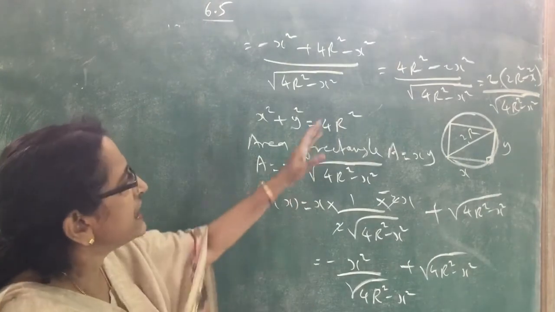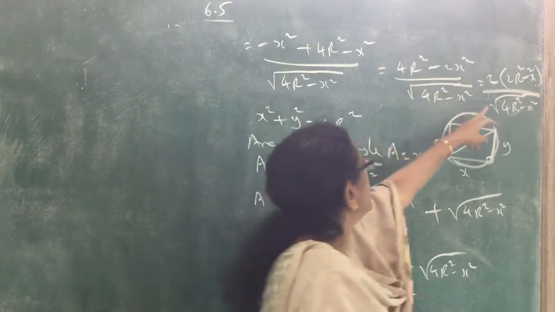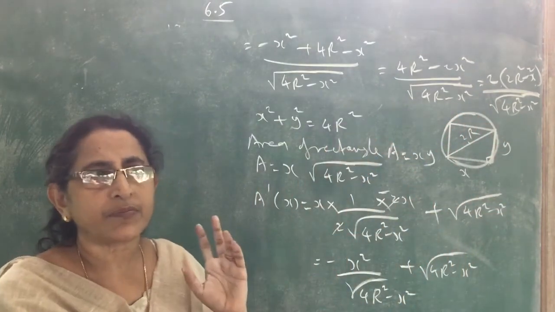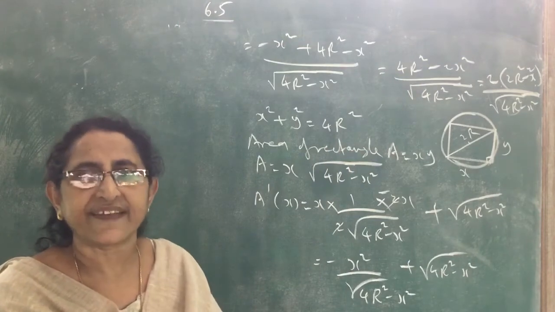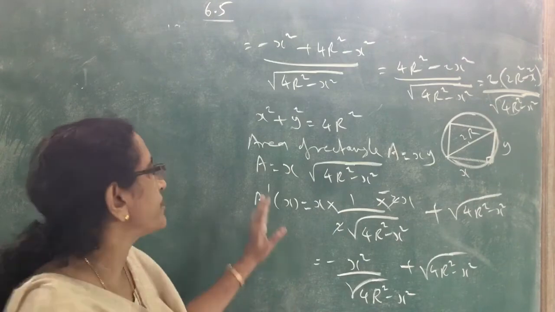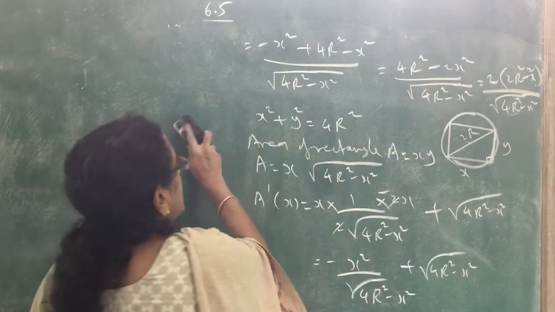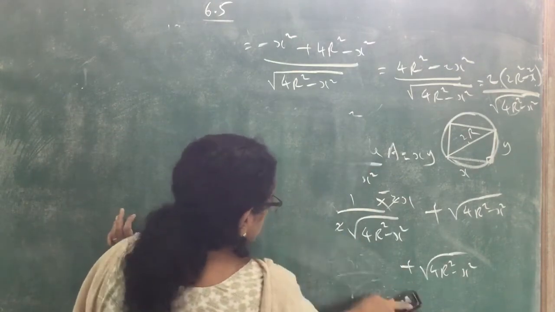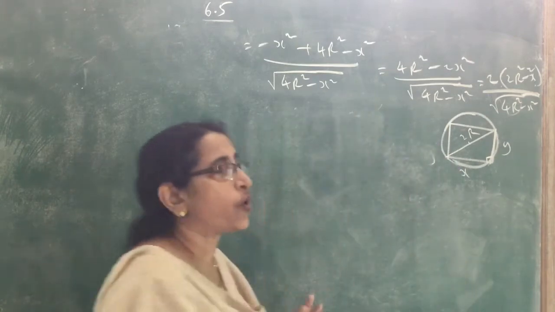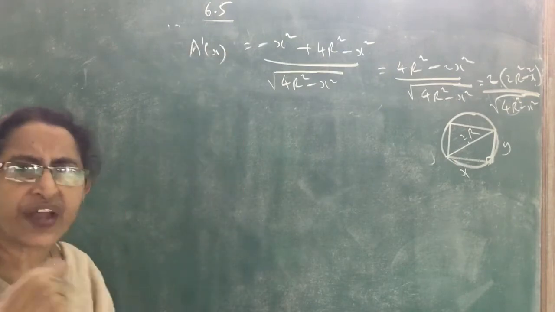Now see here, it is difficult to find the second derivative from this. We have to apply the quotient rule and all the roots. So the first derivative test will be easier in this case. Whenever we need, we can apply the first derivative test also. So we are going to apply the first derivative test. We got this first derivative, A dash x. Now first we have to find the value of x.